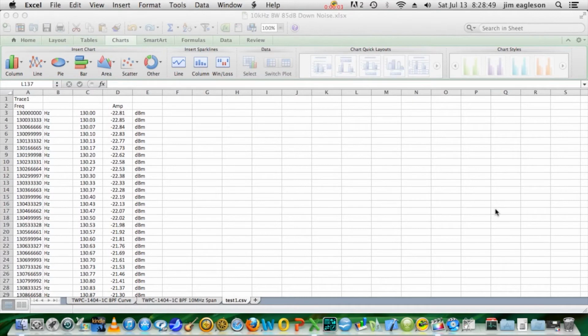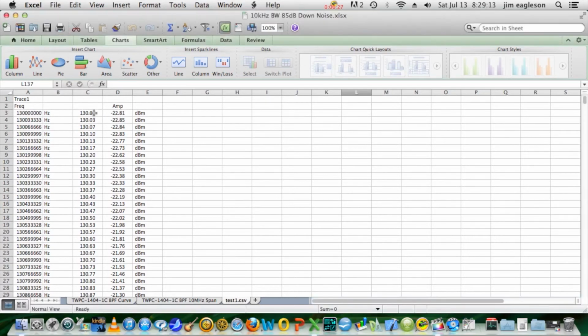Okay, I've gone back to the basic screen here with the data that we took earlier. And I would like to have a higher resolution, well, really not resolution, but a scaled version of the same thing that we just looked at. So let's take the area from